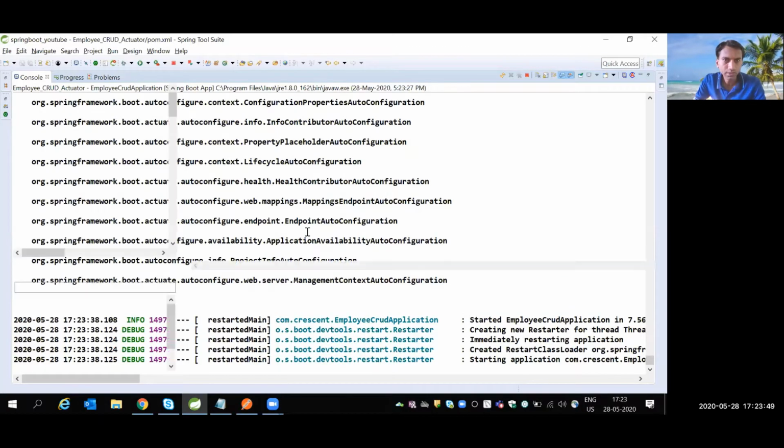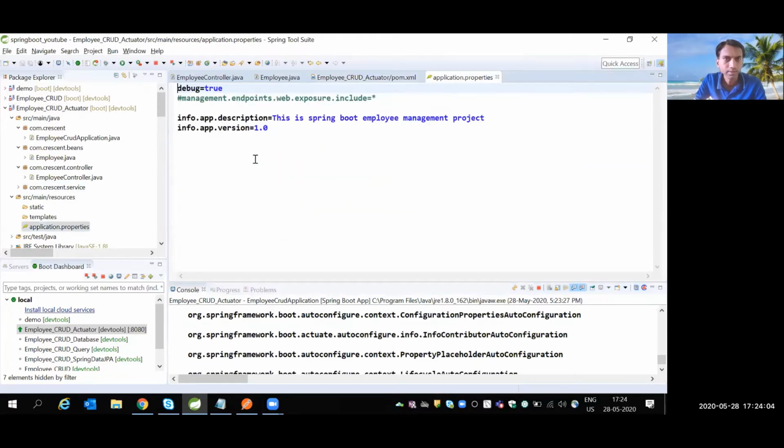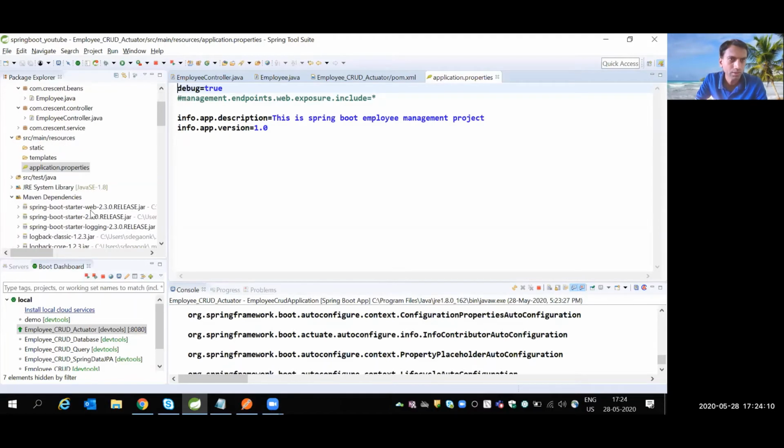If you see any video on Actuator from 3 years ago, it won't work, because the way we write the settings today is different. Before 3 years, or before 5 years, there were different settings. So today we have these settings. What version am I using? Let me show you on pom.xml.